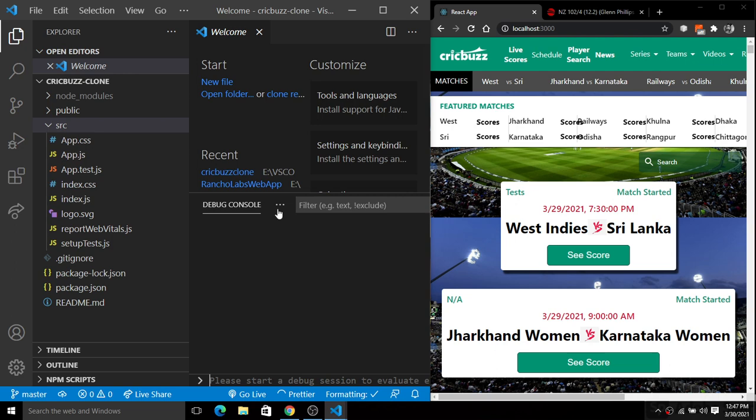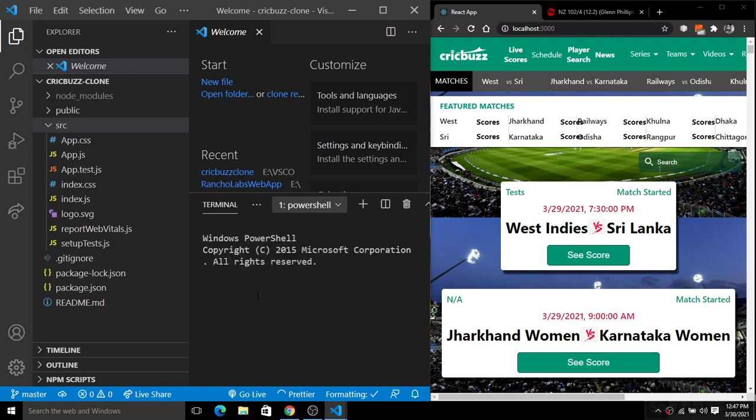For that you have to check whether this application is running or not. Simply fire the command npm run start, and it will start a React application inside your browser. That will be easy for you to debug from there.